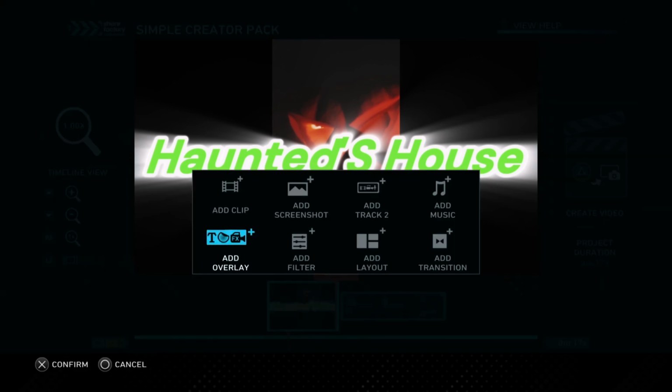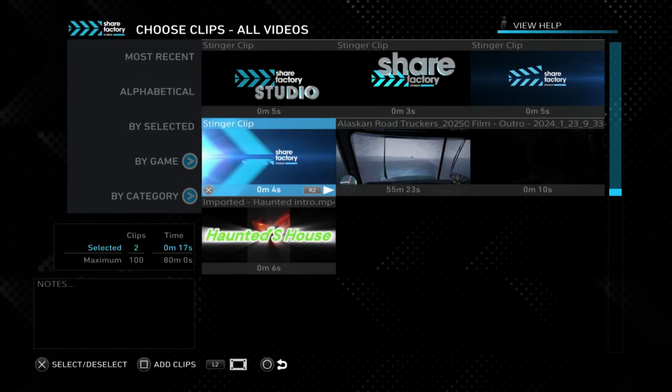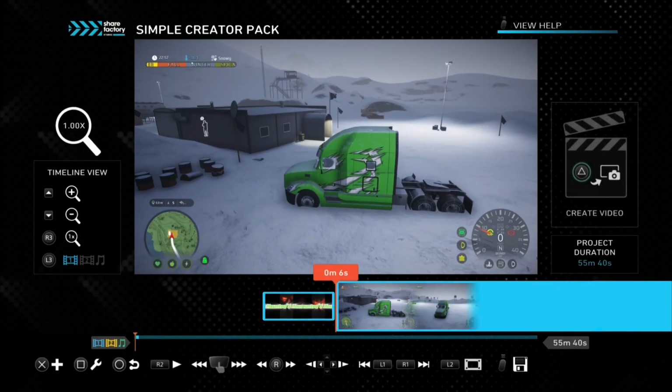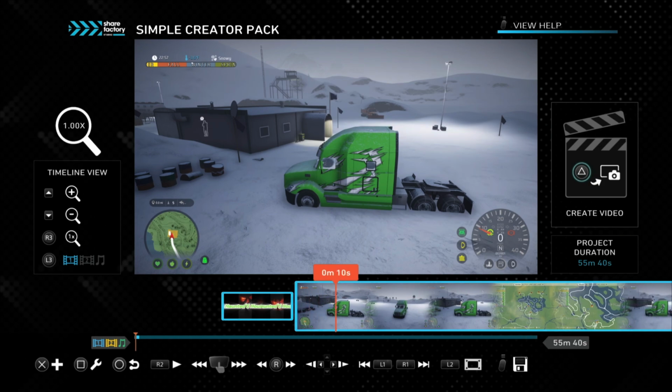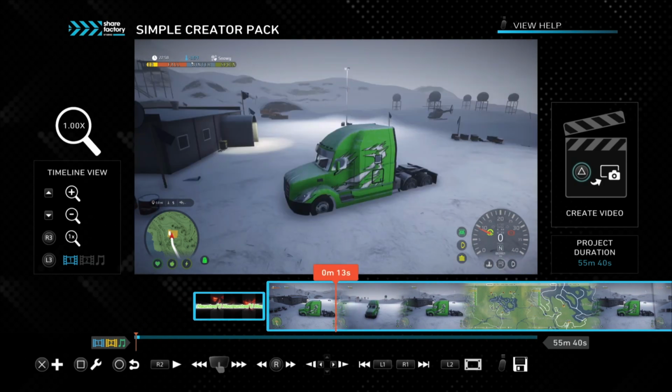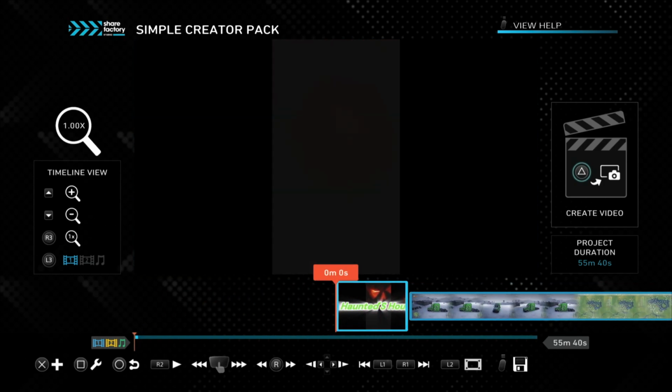So I'm going to hit X plus, and then go to add clip, and then go to the clip that I wanted here, hit X on it, it's checking it, and then I hit square, it says add clips on the bottom, and boom. Now that clip is exactly where I wanted it to go. And the thumbnail is out of the video, and the thumbnail is saved. And then from there on, you just hit triangle